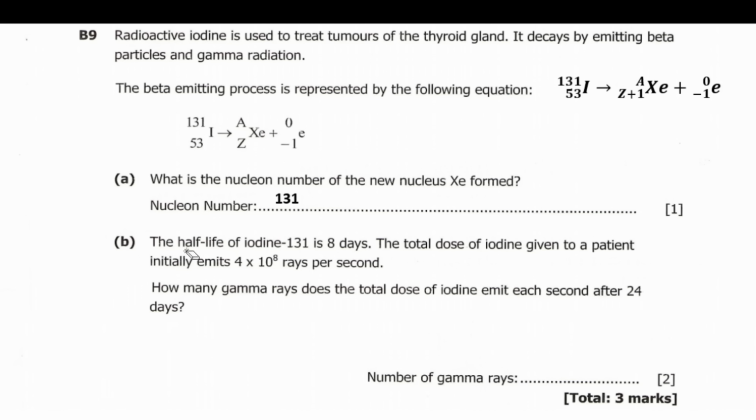B, the half-life of iodine 131 is 8 days. The total dose of iodine given to a patient initially emits 4 times 10 to the power 8 gamma rays per second. Then how many gamma rays